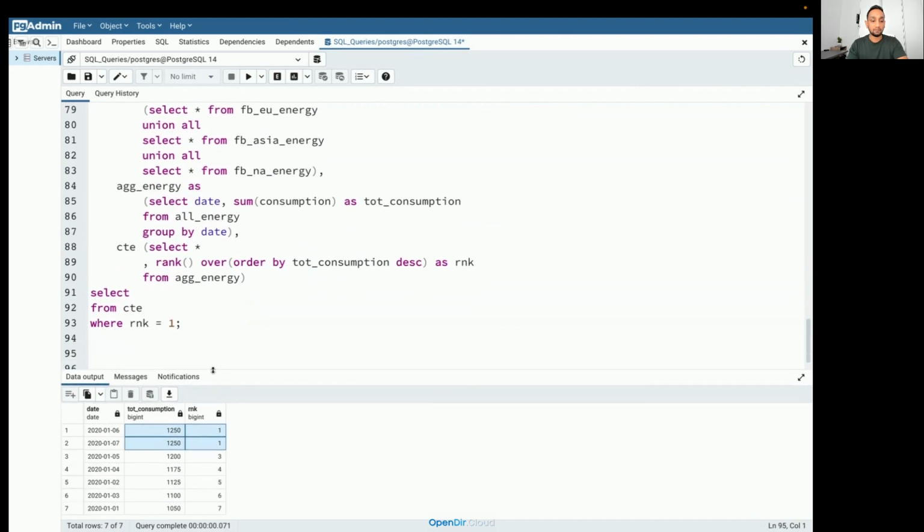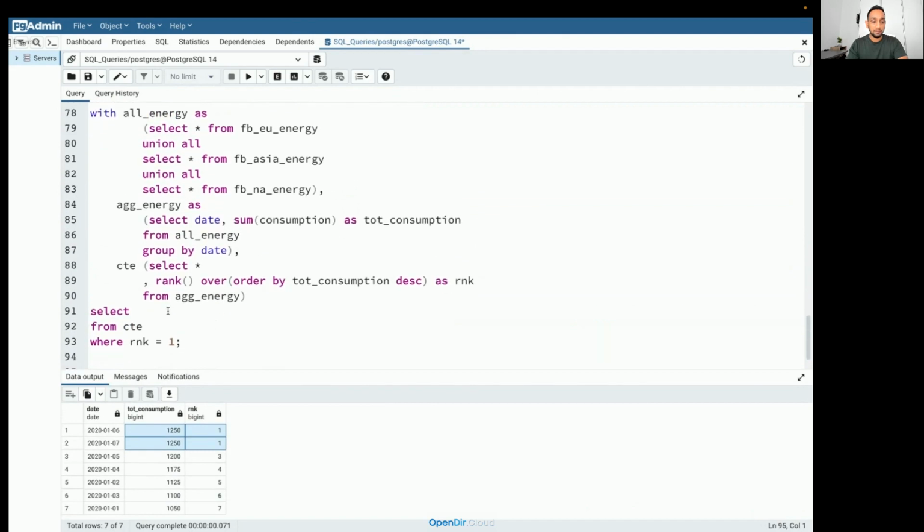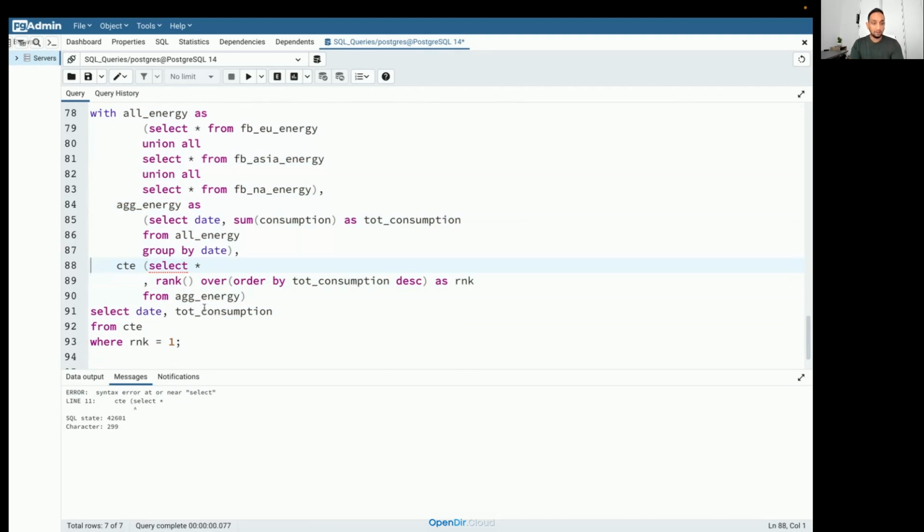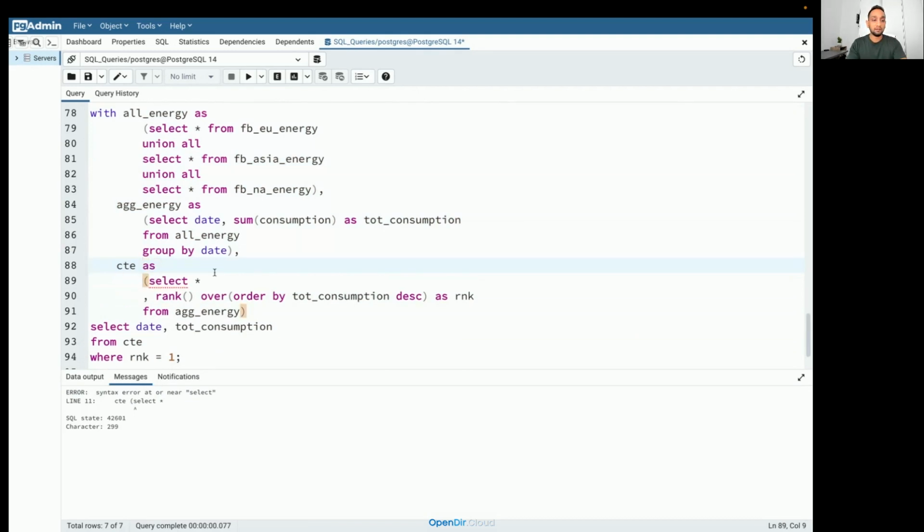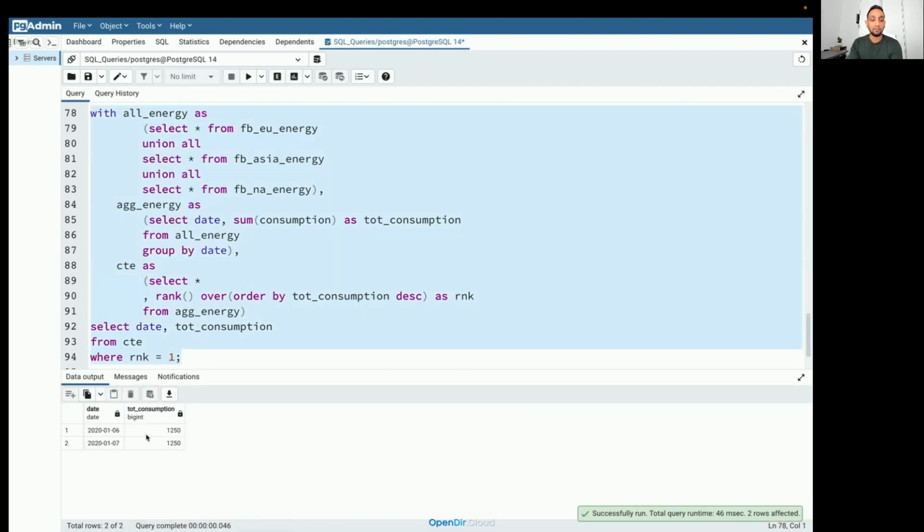So I'll move this down, and here I'll just tell date, comma, this total consumption, right? So now if I run this, I'm getting an error, because I missed an as clause here. Okay, so now let me run this. Now I am getting the final data.